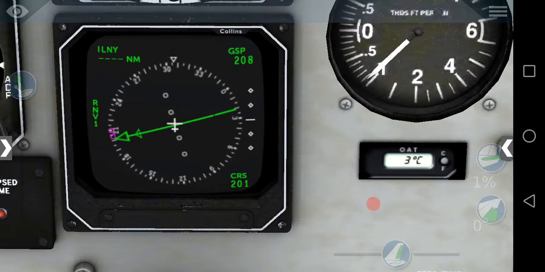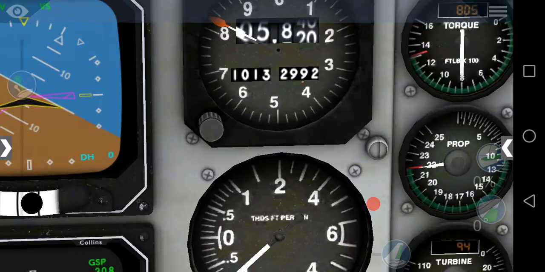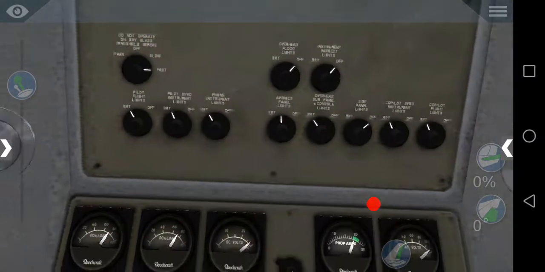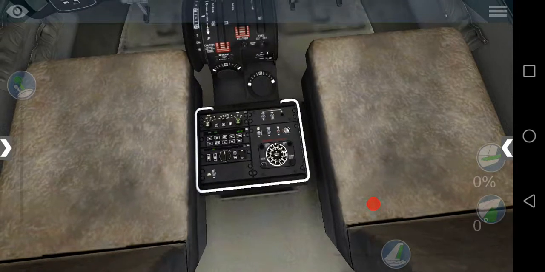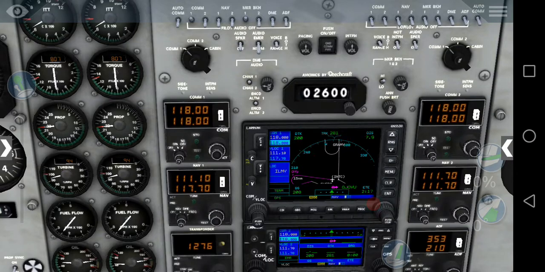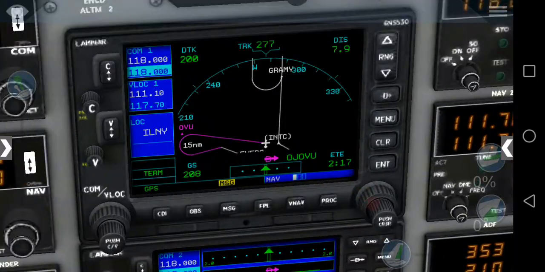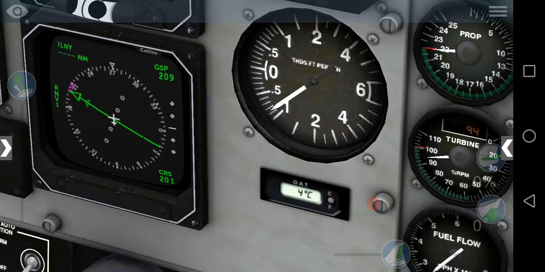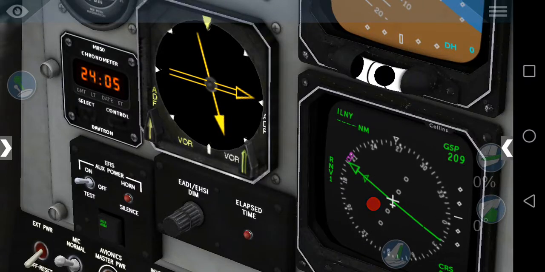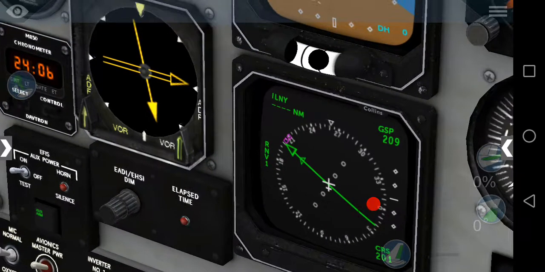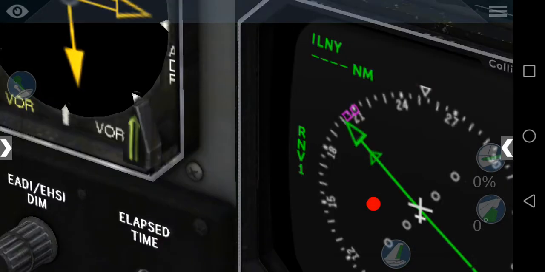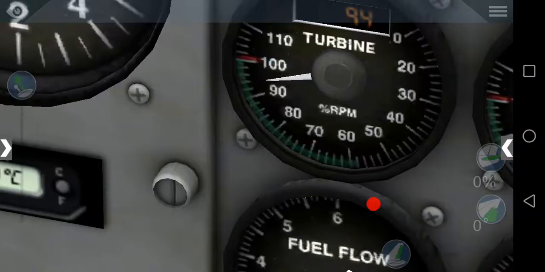Alright, speed is now 208 knots, and our altitude is 5,800 feet. Alright, that's okay for now. So the interesting fact with this aeroplane is that you don't just get displays of instrument from one side, you get them also from this navigation display, which is Garmin 530. And if you look here, the indication of ground speed is pretty much the same, and I also have identification of the ILS in the corner here, which is India Lima November Yankee, which is the ILS for this runway